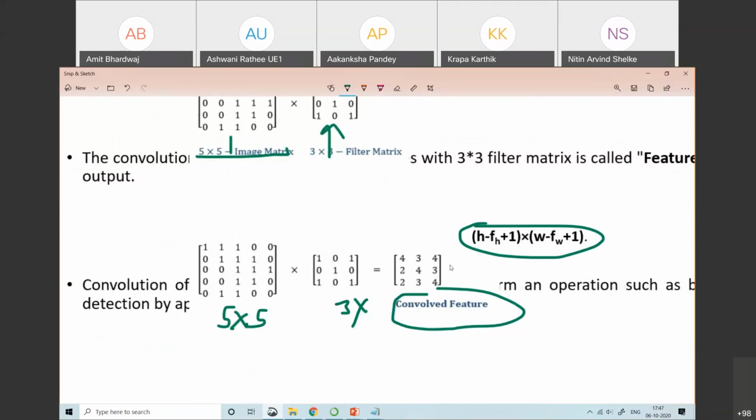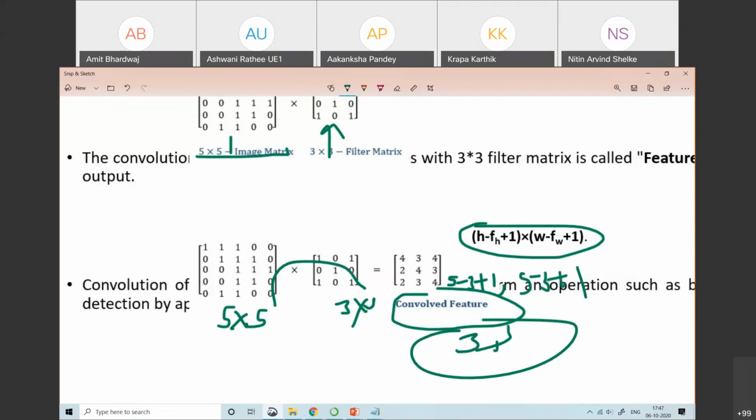The formula gives 5 minus 3 plus 1, which is 5 minus 3 that is 2, plus 1 means 3. Similarly, for the other dimension, 5 minus 3 plus 1. So we get a 3 by 3 matrix. The convoluted feature that we get is 3 by 3.